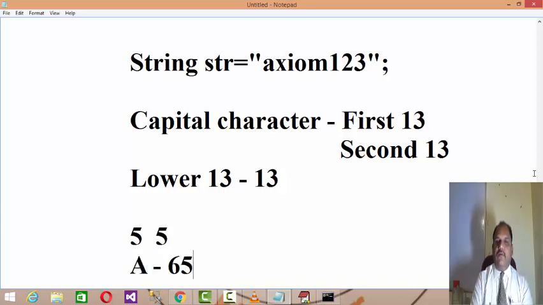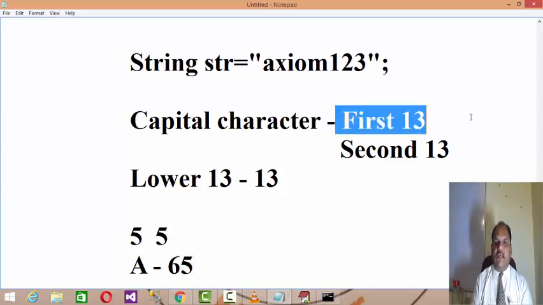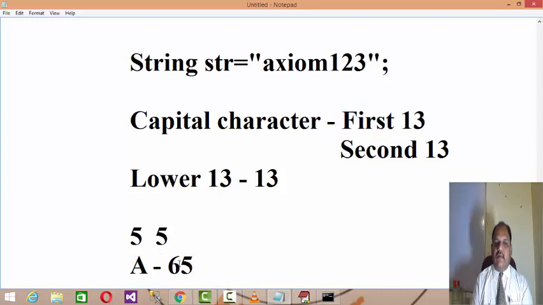Now A has ASCII code 65, it is coming in the first quadrant, first 13, right? If the ASCII value is in the range of 65 to 77 or 78, what you need to do is add 13 to it.